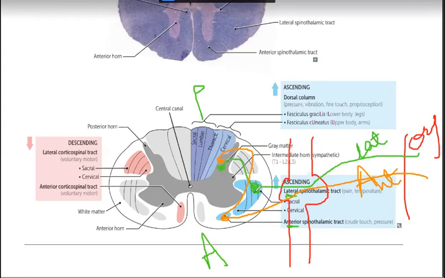This green thing which I've made is your lateral spinothalamic tract, and this orange one is your anterior, okay? But both of them have to reach the same spot,